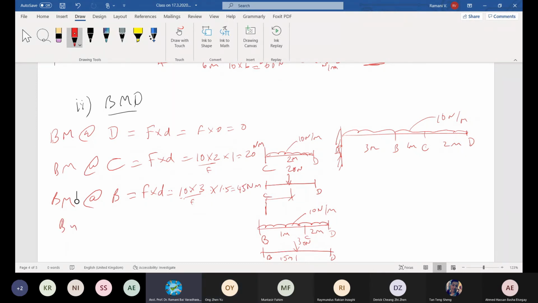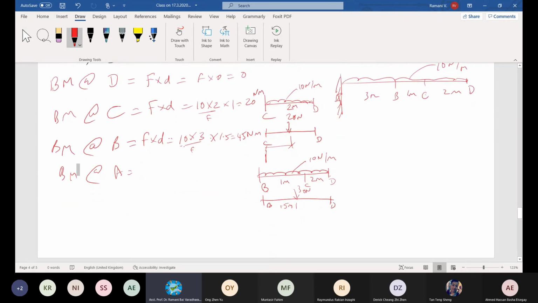And then the bending moment at A. Come on, at A. Next, Derek, help me. How to find out the bending moment at A? I draw the diagram here. Take it sportingly, even if you make a mistake, no problem. You should correct it by today. C and B, B at 3.